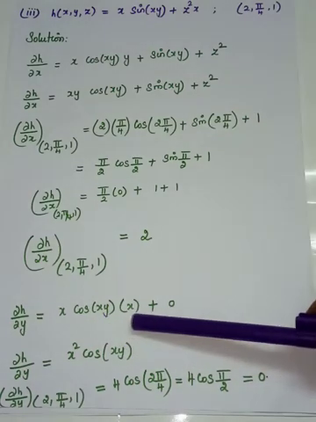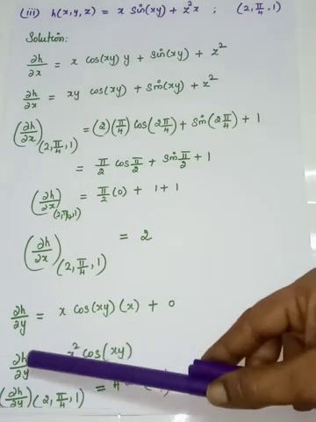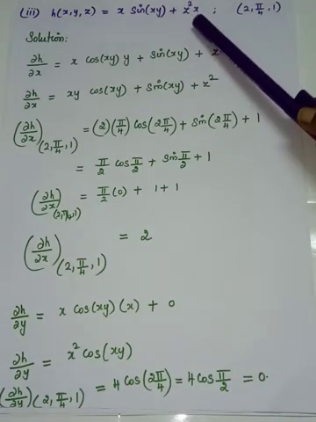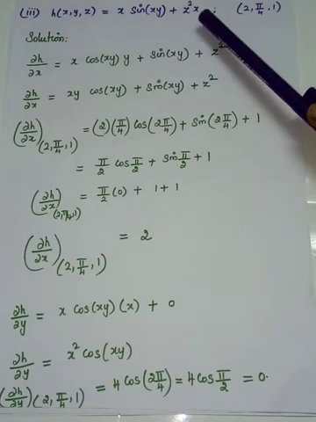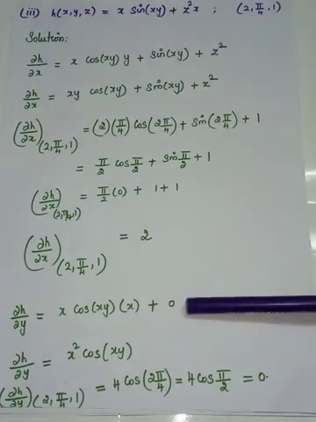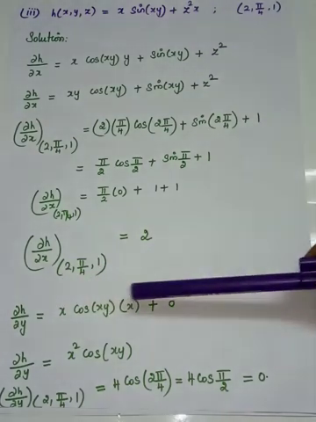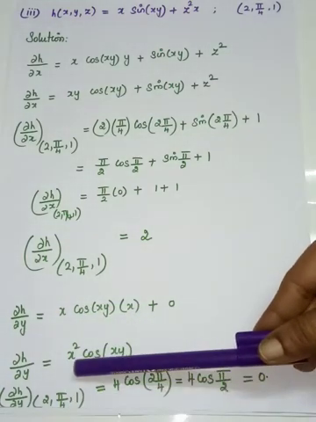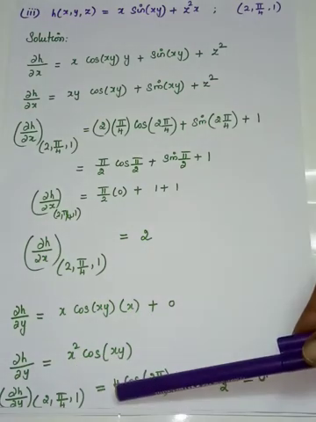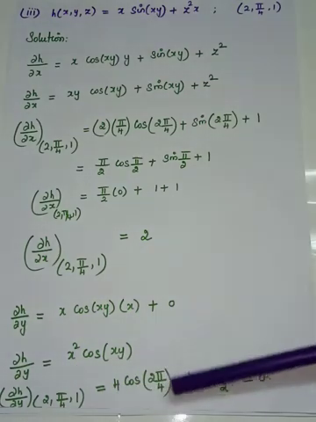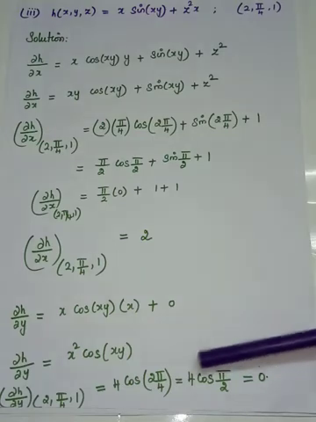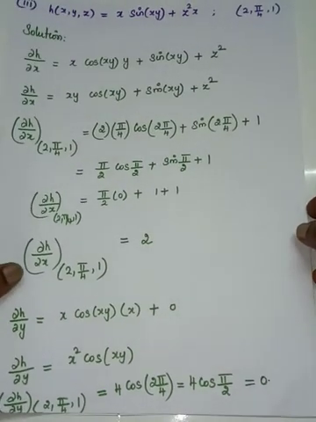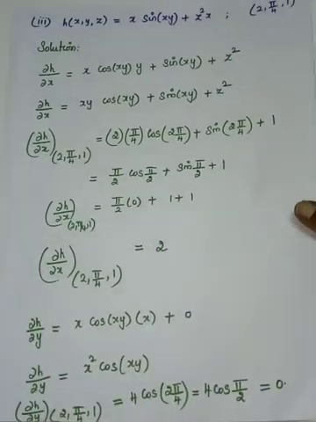X is taken out. The differentiation of y with respect to y is 1. Come to here, there is no y term. Z squared and x both are constant, so whose differentiation is 0. So x into x is x squared cos of xy, and when you substitute in the place of x, what will you substitute? It is 2 squared is 4, and cos of 2 into pi by 4, so 4 cos pi by 2, cos pi by 2 is 0. So we have completed the second partial, that means dou h by dou y we have completed.